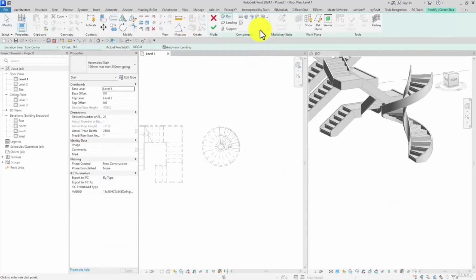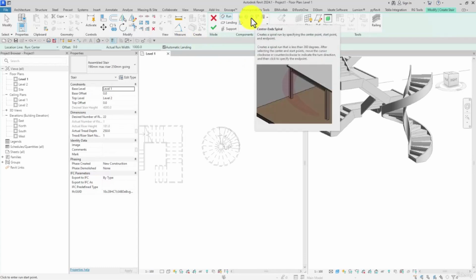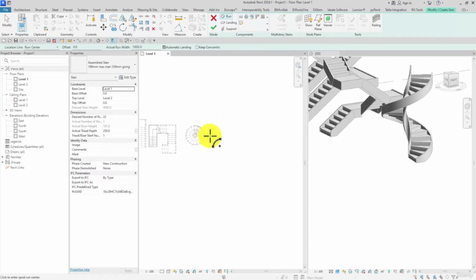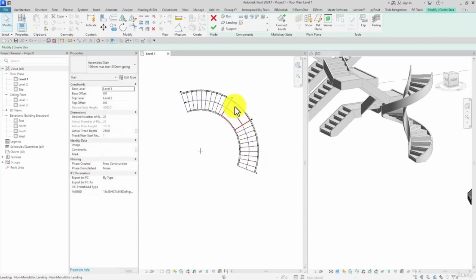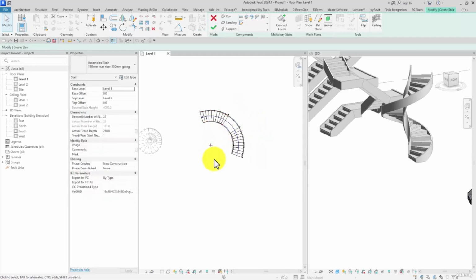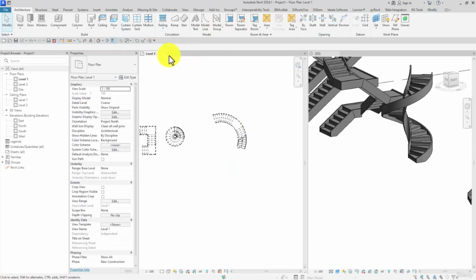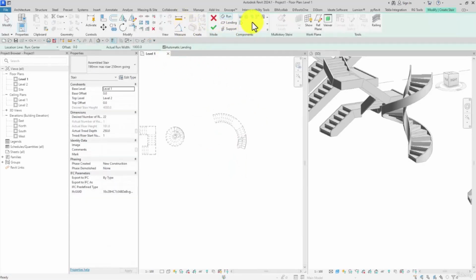And let's see, the next type is center and spiral. When we select it, at first we specify a point as the center, then we move the mouse, and after specifying a radius, we can draw it. However, you can model the stairs and then continue after adding the landing automatically, like a curve. Watch this. Like this, and then clicking on finish. Done. Again, I can select these stairs,